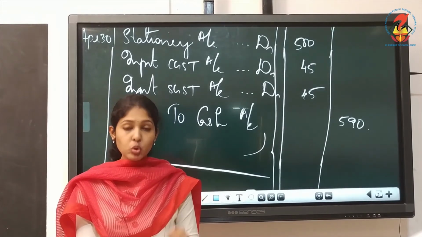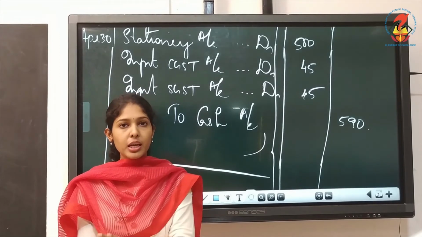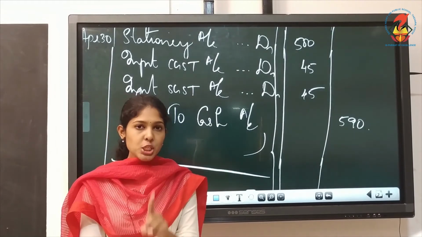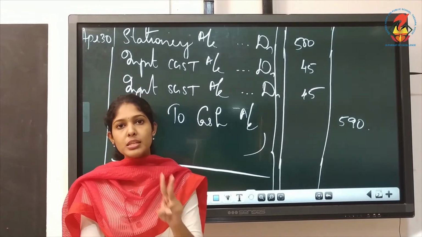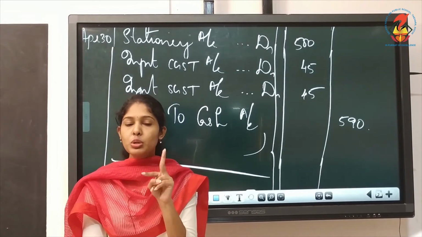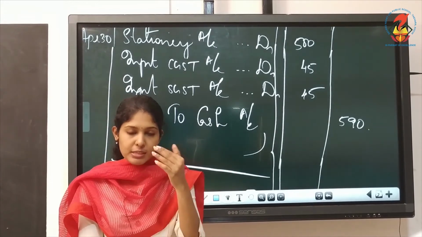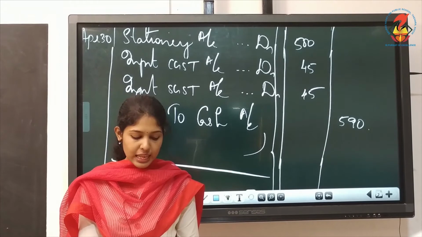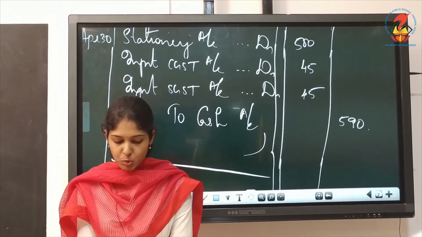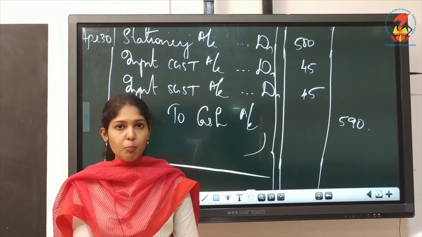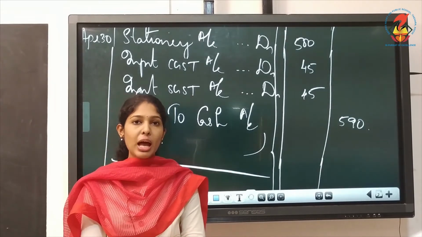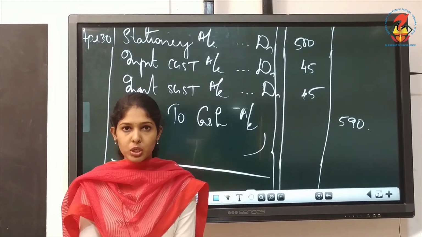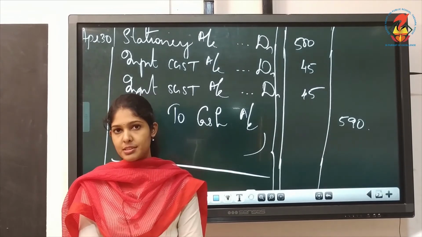Then bank account, you have to remember one thing, cash and bank account both are separate ledger accounts. Don't consider it as one and the same. Cash means cash in hand, bank means cash at bank. So you must do these two ledger accounts separately. So similarly, you have to do each and every ledger account. The last one would be wages and salaries account. In the textbook they have followed a different order, but you follow the order in which you have written the journal entries. Just like we practice, you do it. No need to look into the textbook. You can just compare your balancing figure, that is enough.